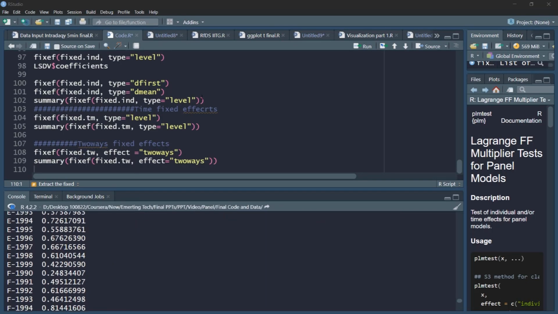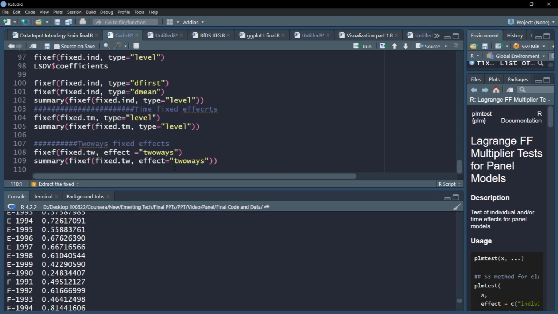So it's pretty easy. So in this video, we saw how to extract the fixed effects for both individual, time, and two-ways model. And we also saw the individual effects were pretty similar to the LSDV model, least square dummy variable model that we ran earlier, which is also intuitively thinking about the model, which should have been there as well.